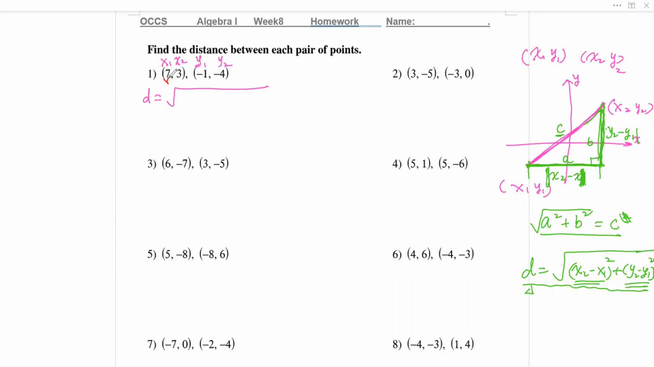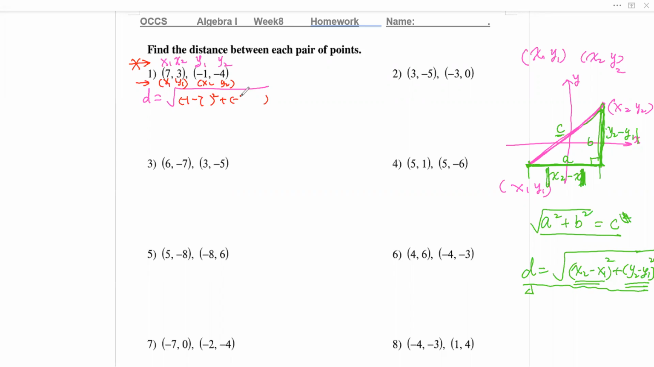So here should be X1, Y1. We always pair X and Y as a match, right? X2, Y2. From my 5 years of teaching, I've met some people who mark it the wrong way. Please don't mark like this. This is wrong, this is the correct way. So X2 is -1 minus 7, squared, plus Y2